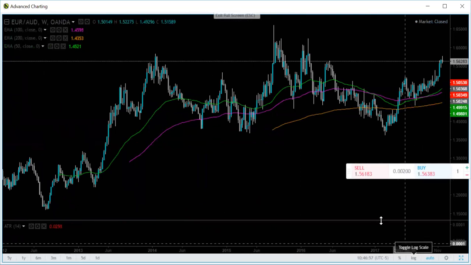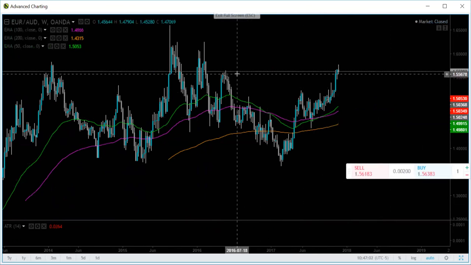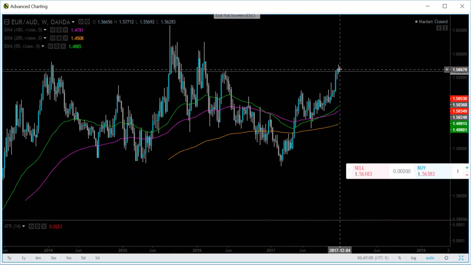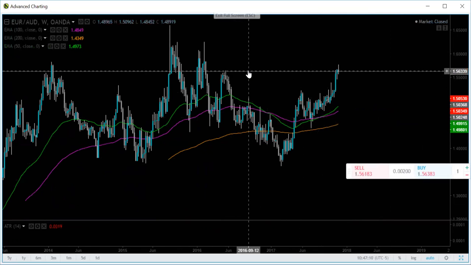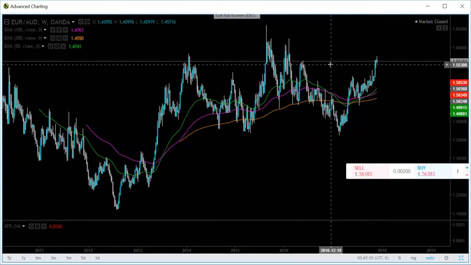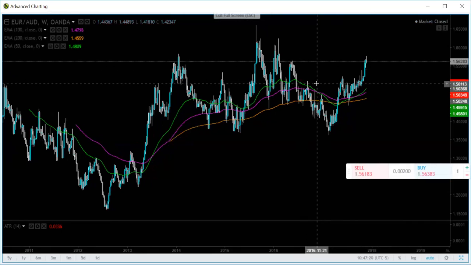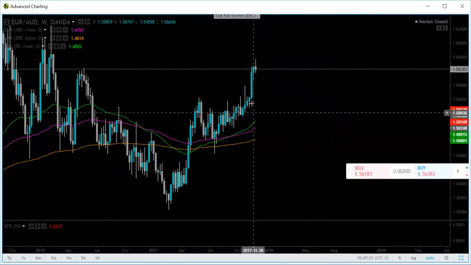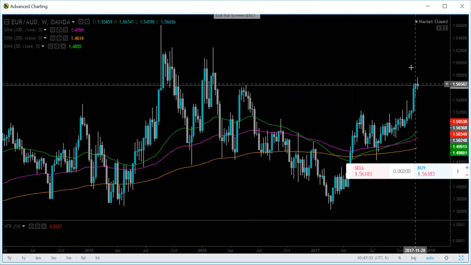And one other one that's worth mentioning is going to be the Euro to Australian dollar. It's also at a key level this week. We saw where it tried to pass this level from over the past, looks like the last time it touched this level right here was in July of 2016. So it had a huge push up, but it seems to have stalled just a bit right here. This could just be it regaining strength to move further up.